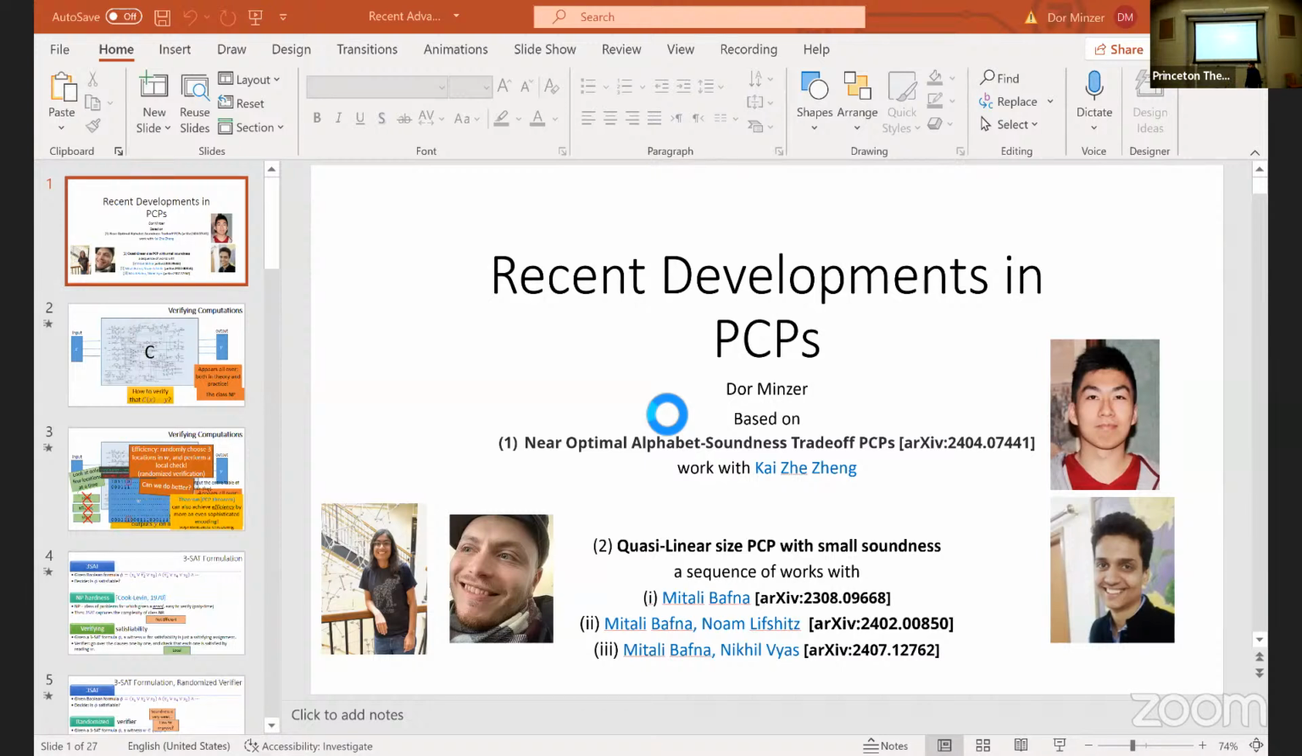Well, one way to see it is about verifying computations. So let's say that you have some very complicated computation, which is depicted on the slide by a circuit, which looks kind of